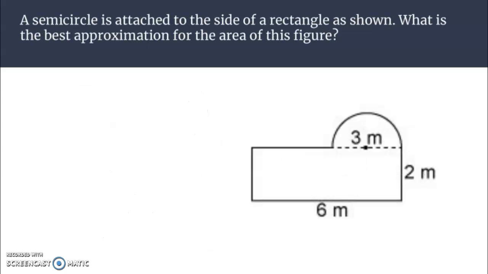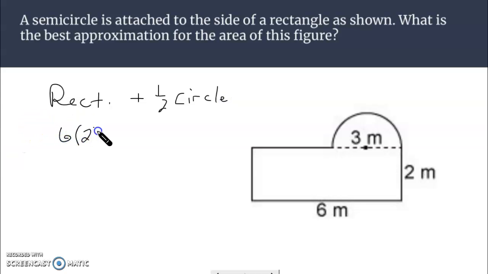Let's look at another one here. This time we have a rectangle attached to a semicircle. Best approximation for this area. Well, rectangle plus, this time, a half of a circle. Rectangle area, 6 times 2. For the length,